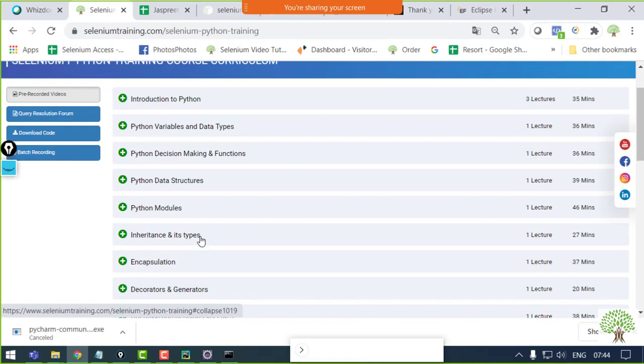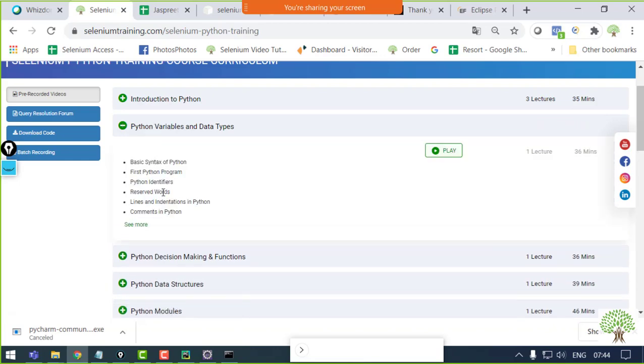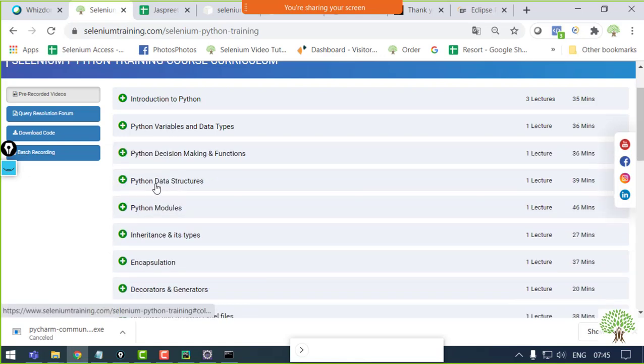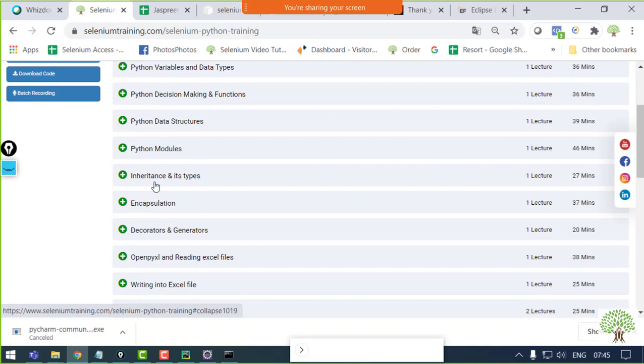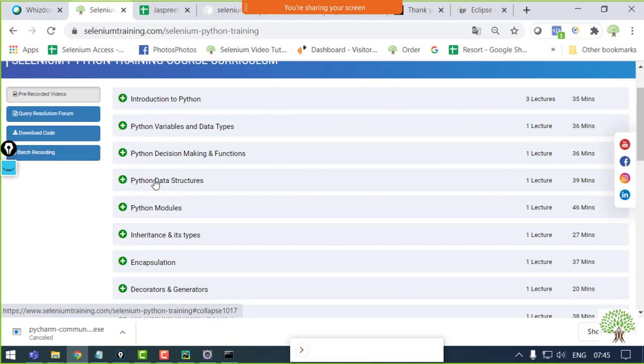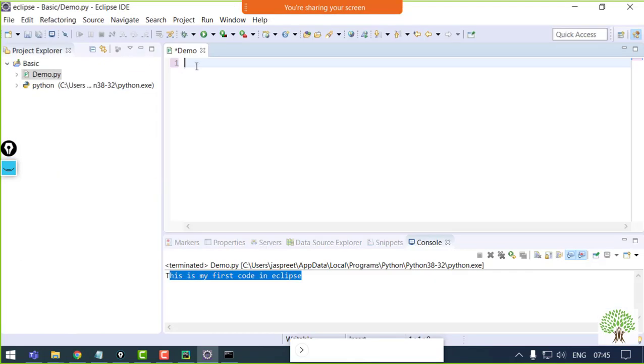In these 8 modules, every particular detail about the Python language which is required to work with Selenium is covered, including how we can import the packages. If I have to import from a particular location, you will get to know everything from here, along with the data types, which data types are there in the Python language and everything. Fine. So you just need to go and watch these modules and you will find a number of things that are new. Fine. So now assuming that you have seen this, I'll import the Selenium package.